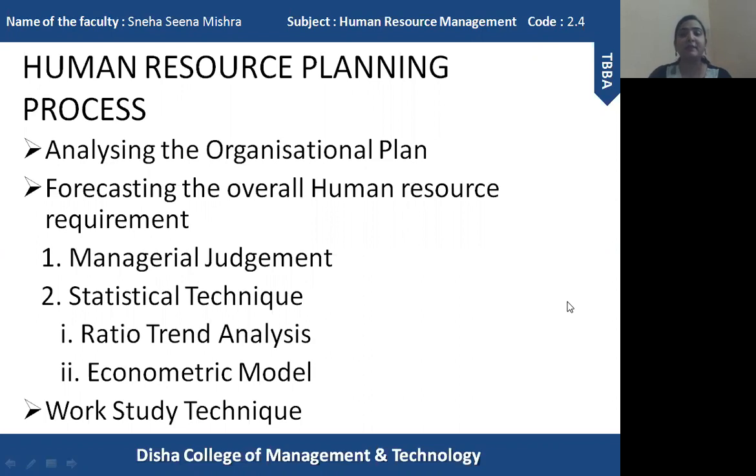First of all, we need to analyze the future plans of the organization, like I said, whether they are planning any kind of expansion or diversification. We will forecast the requirement based on those plans. Suppose an organization wants to expand,